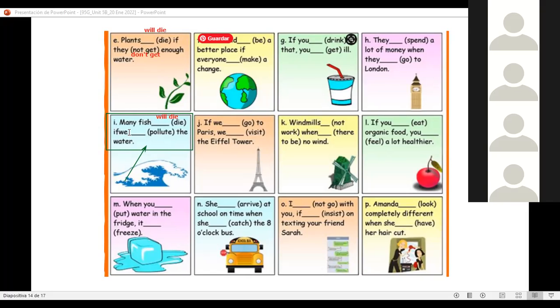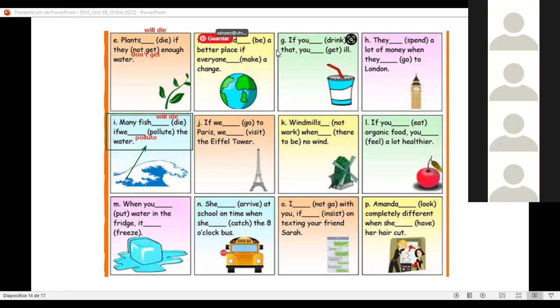If we pollute the water, exactly. Si contaminamos, ¿no es cierto? Si hay contaminación, van a morir. So, if we pollute the water. This verb pollute means contaminar. So, many fish will die if we pollute the water. ¿No? Van a morir si contaminamos el agua.